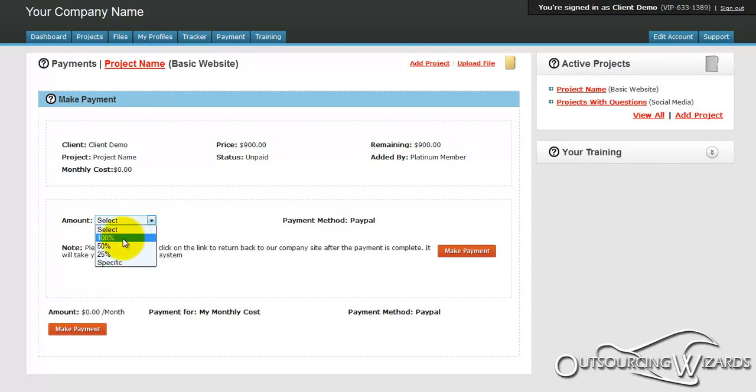That's if they're sending it through PayPal, so you need to make sure that you have a PayPal account and that your settings are set up to receive that payment. Okay. Now, if they send you a check or something like that, then you can modify it on your end to indicate that you received a check with whatever amount that you received, whether it's 100% or a specific amount. Maybe it's a $2,000 project and they sent you $1,100 first as a deposit, and then you can actually indicate that and it'll create a record for you. Okay, but as they make a payment, it'll create a record here as well to indicate how much was paid, when it was paid, and how much is left. Okay,